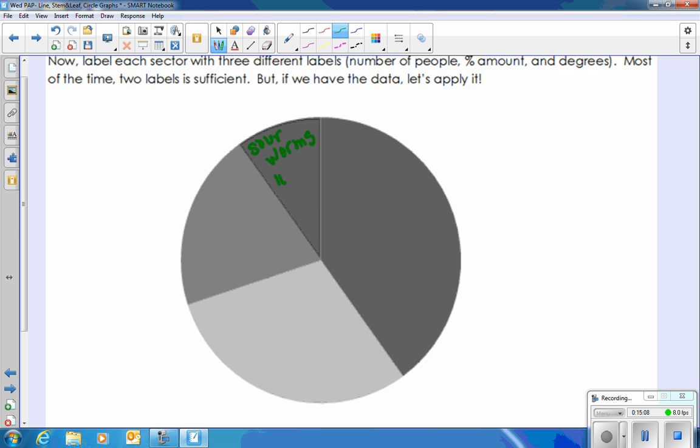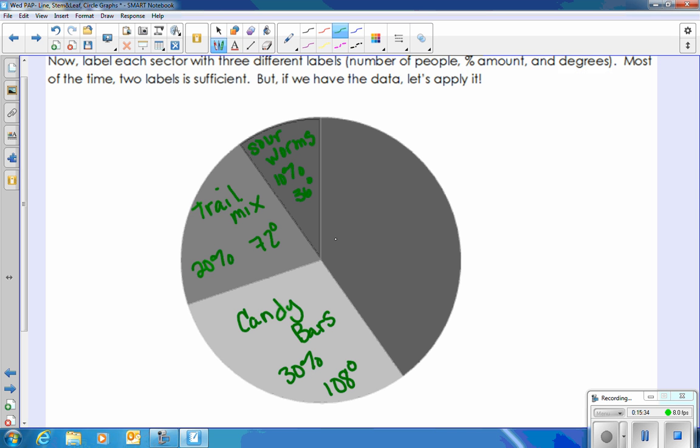at 10%, and that was 36 degrees. The next largest portion was trail mix at 20% and 72 degrees. We had candy bars at 30% and 108 degrees. And then our last one was popcorn at 40% and 144 degrees. Okay, so eventually we will learn how to create these sectors